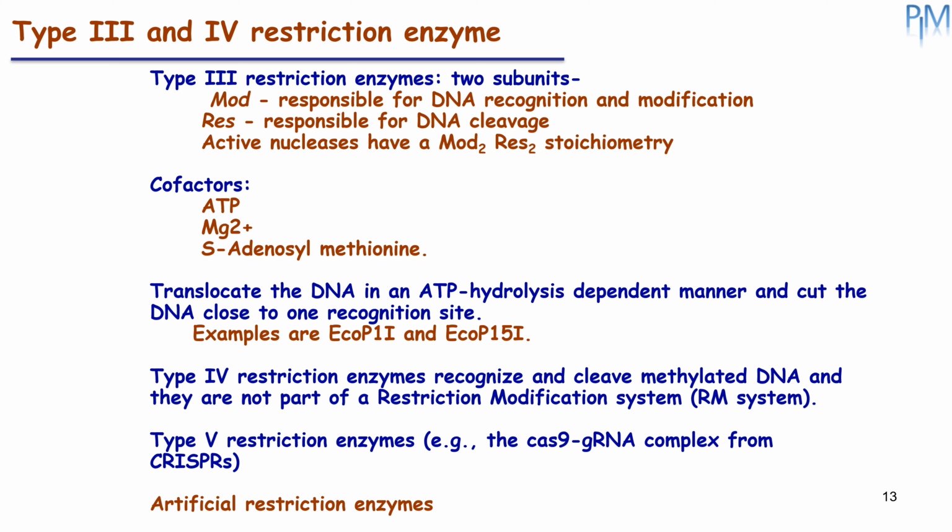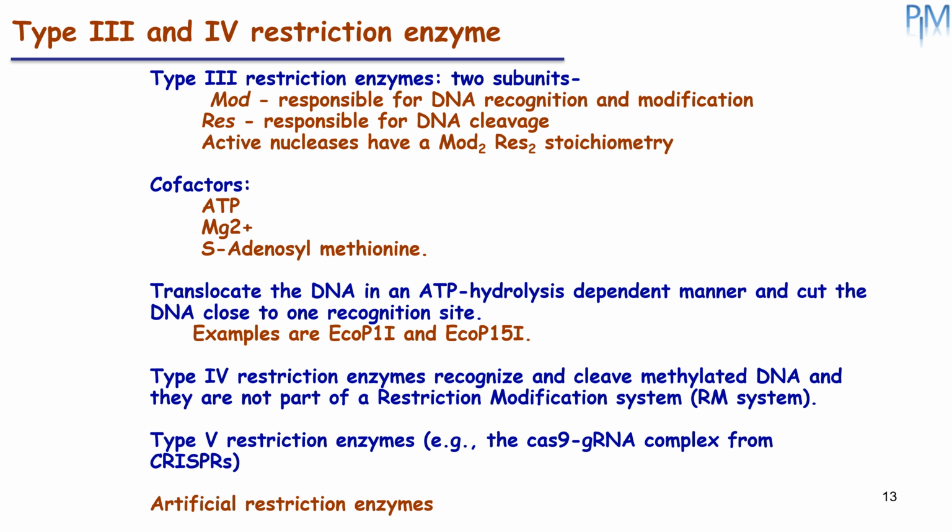They recognize two separate non-palindromic sequences that are inversely oriented. They cut DNA about 20 to 30 base pairs after the recognition site. These enzymes contain more than one subunit and require AdoMet and ATP cofactors for their roles in DNA methylation and restriction digestion respectively. Some examples are EcoP1I and